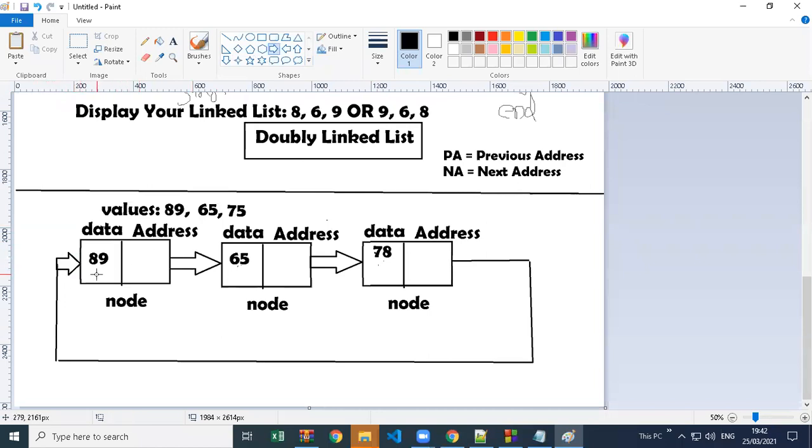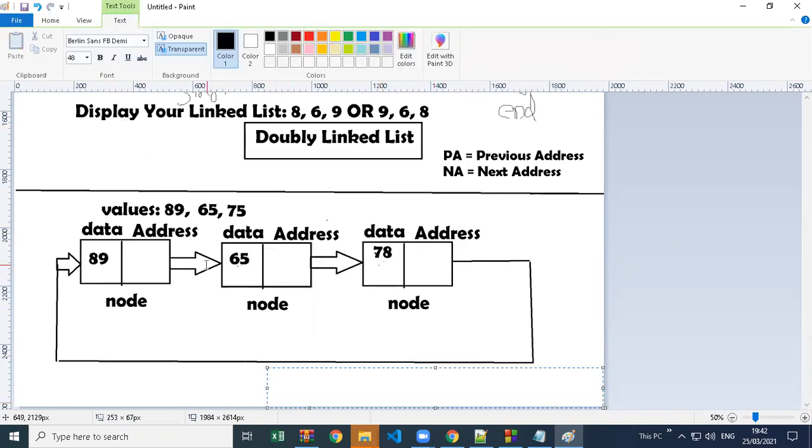So the first node has the data 89, then it has the address of the next node. The next node has its value 65 and the address of the next node, and the third also has the data, and the address is not null. It also has the address of the first node. So this linked list is the same singly linked list only, but because it is connecting back to the first node again, with the same code we just have to change a few lines and it will become a circular linked list.